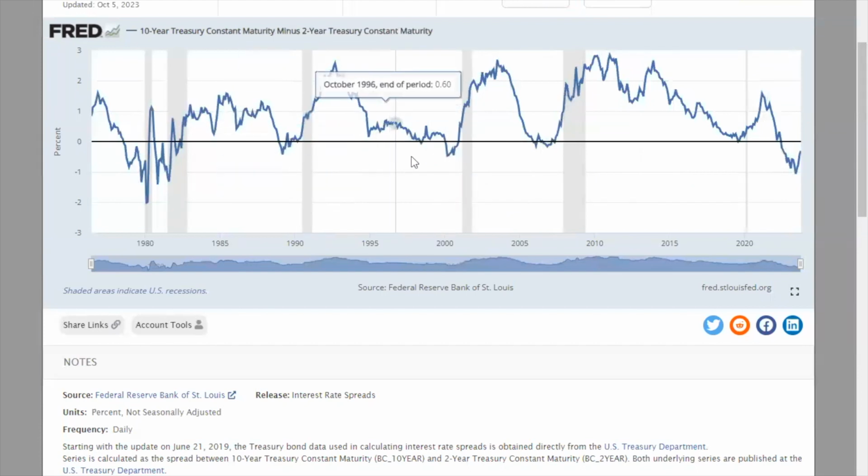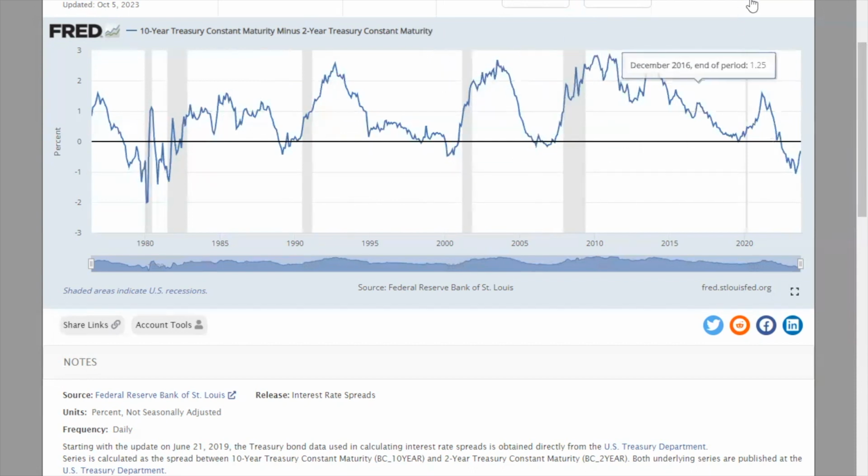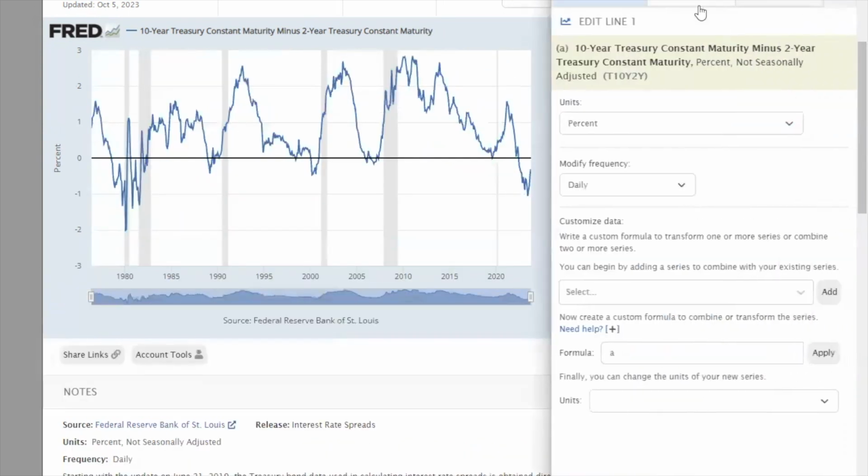We've seen in negative periods before that a recession was going to happen. So why wouldn't we expect the same thing to happen today? Okay. So that's why this measure is so closely followed and talked about among financial prognosticators and things like that. And so I wanted to see how that was